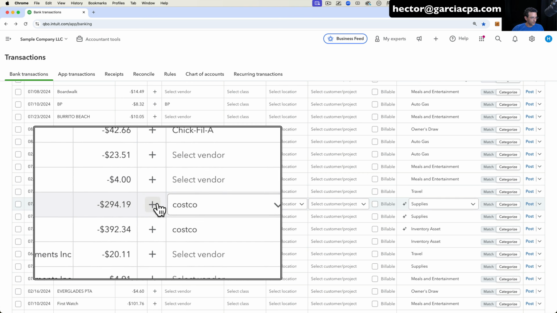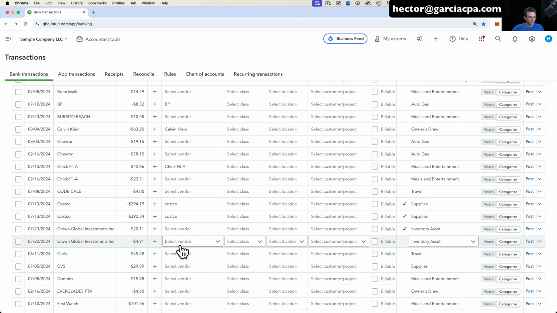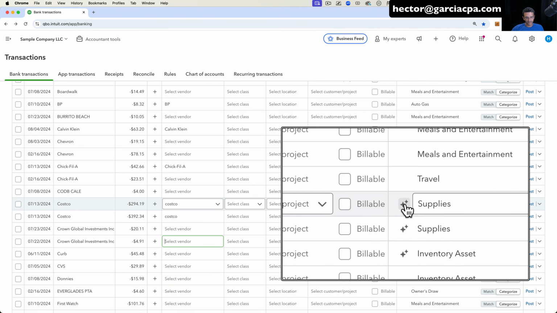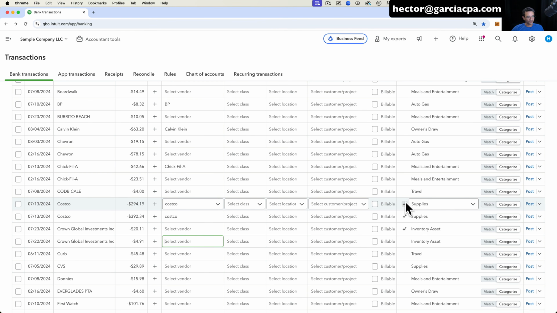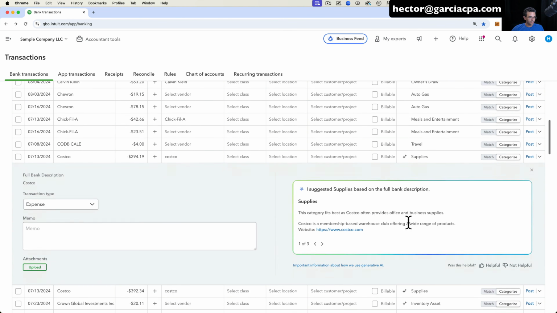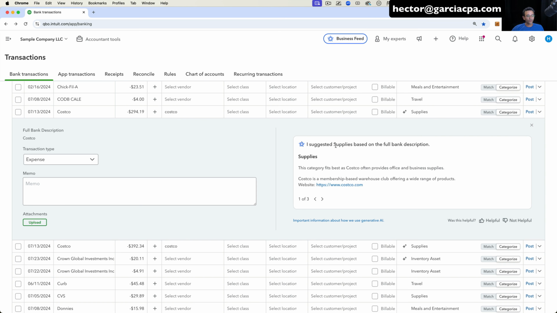So if you look at these two Costco, I already had the vendor Costco in there, so I recognized that, so I didn't have to select it. But down here it says supplies, and then there's the little stars, the little magic dust or whatever that is. So when you click on that, it actually expands it, and it shows you what QuickBooks is suggesting from the perspective of artificial intelligence. So QuickBooks is using the AI, the power of AI, to not just identify the vendor's name,